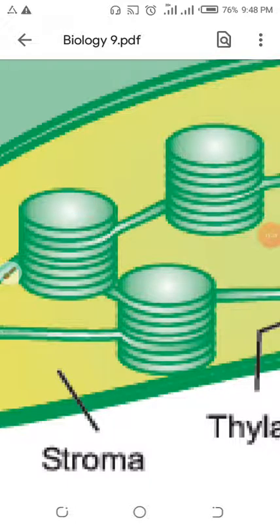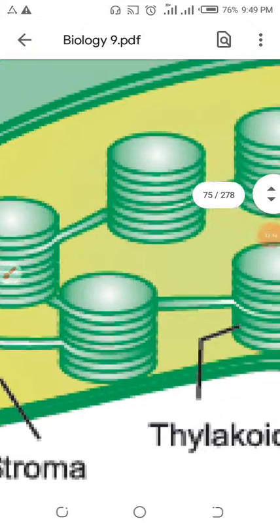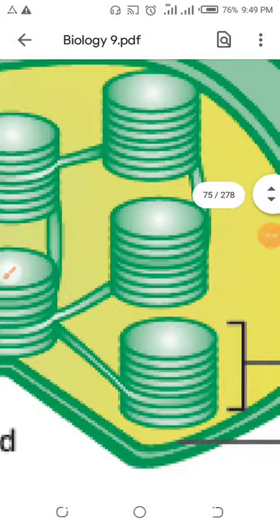Why am I spending a lot of time on these plates? Because you remember I told you about the membrane present in the inner part of the mitochondria, called cristae. You remember in the last session why the inner membrane of mitochondria was folded? To increase the surface area. You are right. So why are there more plates, why are thylakoid membranes more?